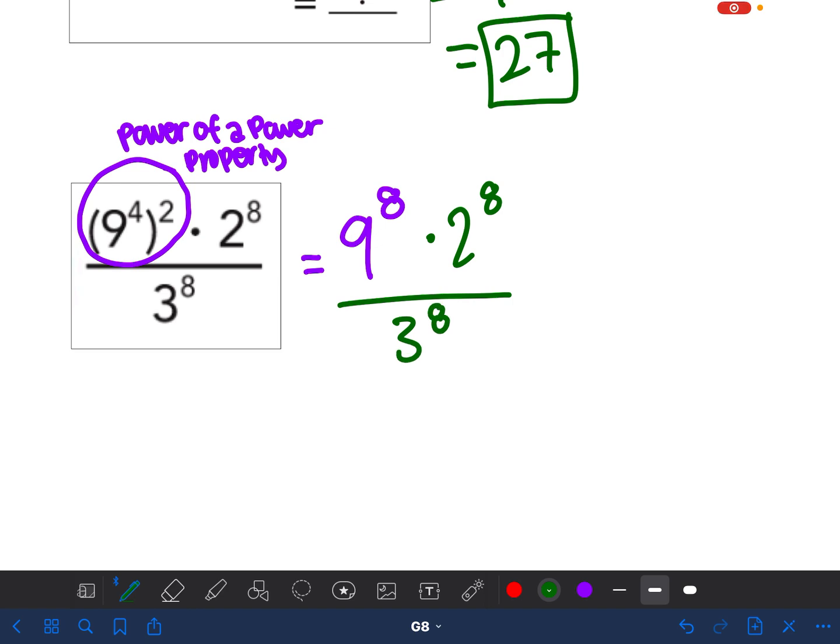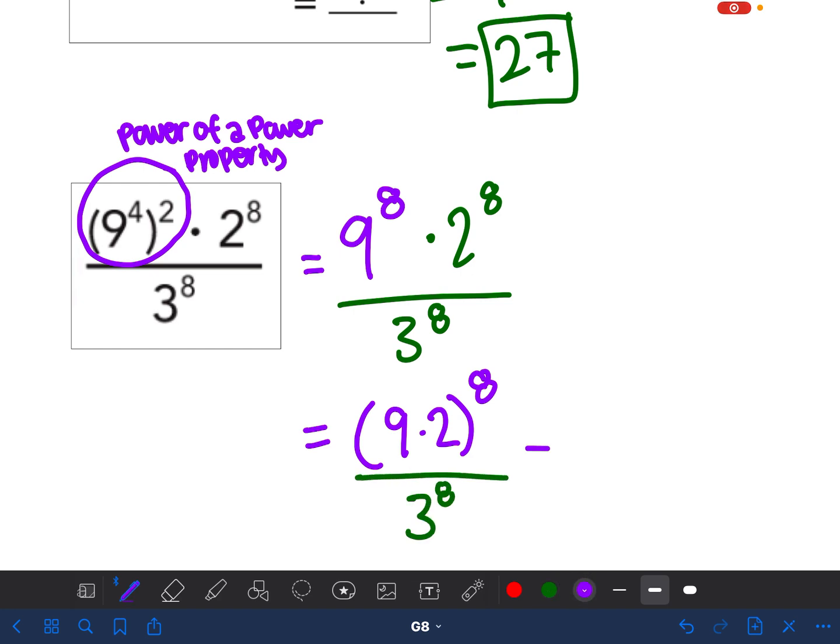And then I notice that in the numerator they're multiplying and they have the same exponent. So I'm going to gather them up together and they share the common exponent. I still have that 3 to the power of 8 there. So 9 times 2 is 18 to the power of 8, which is fabulous